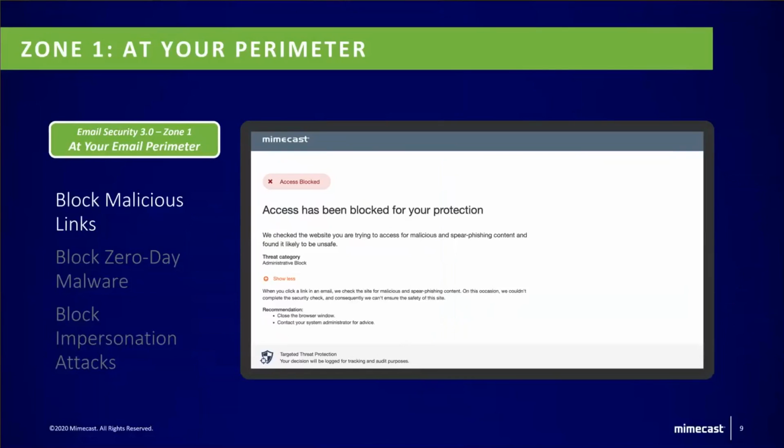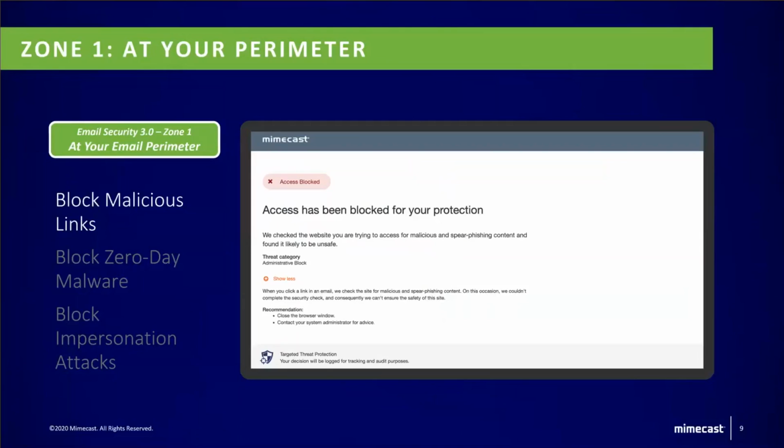The first one is around your malicious URLs. Now, what Mimecast is going to do is that whenever a user clicks on a link, we're going to rewrite that link to point to Mimecast, to make sure that it's safe. When I say point to Mimecast, essentially what I mean is we're going to scan the link. We're going to look at the source code of that link, and at things like the destination of the website, certificates of the website, reputation of the website, and so on. If there are any phishing kits on the website, etc. If we do find that this website is malicious, we're going to block the user from going to the website.